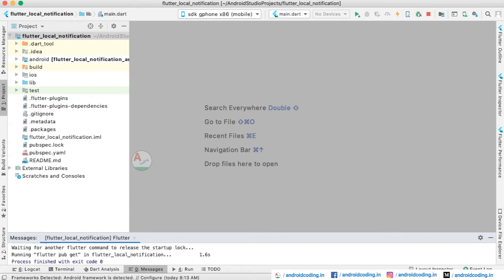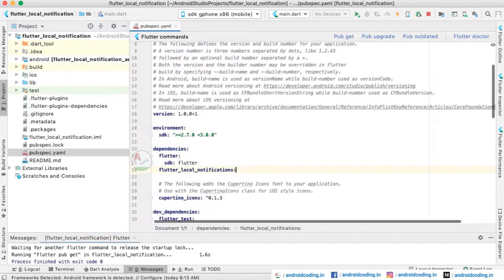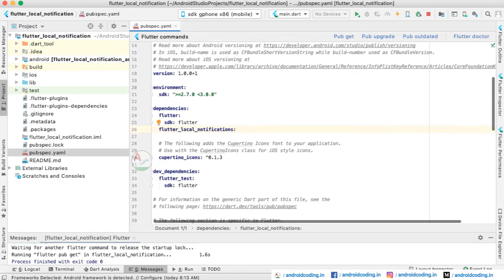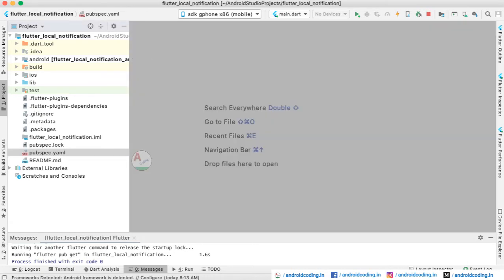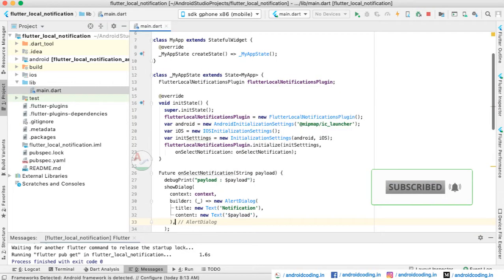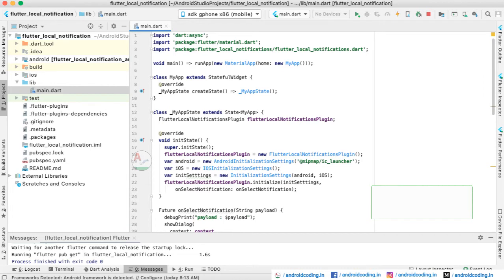So this example will guide you through the easiest way of implementing a local notification in your Flutter application. Here, the first thing is we need to add the dependency, flutter_local_notifications, and here I have not specified any version number. Depending upon your app requirement you may specify the version number, and if not, it's not a big deal. So let us start with our void main.